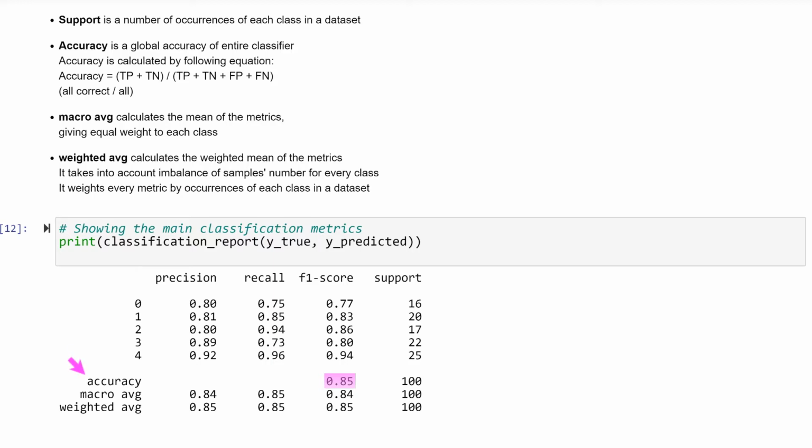This accuracy is also called global accuracy, but it doesn't consider the disbalance of samples in every class. That's why we have here other metrics that are calculated differently and take into account the number of images in every class. Let's now discuss definitions.